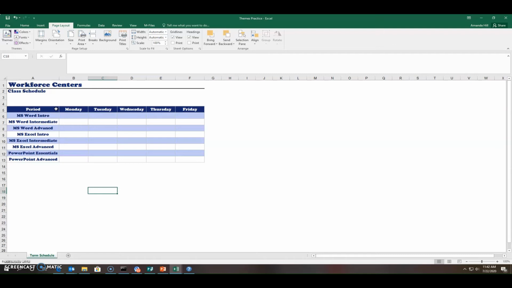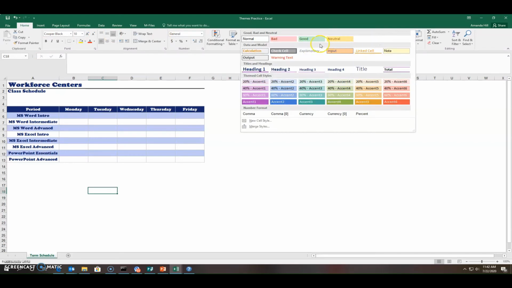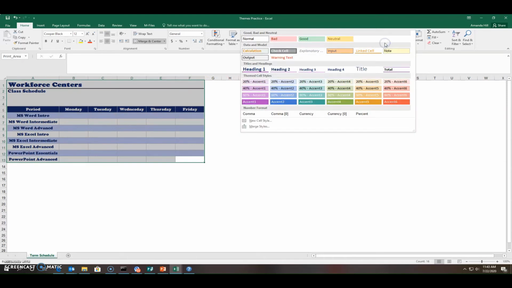The other option for changing things would be in the Styles section if you click on Home, and then you'll have different options here with the way that things are written, or whether they've got lines underneath it, headings, titles, etc. Now, the only problem is usually once you start changing that there, it's really difficult to get this back to the way that it looked before. So I'll show you kind of what it looks like. You do have to highlight this section this time to make those changes,